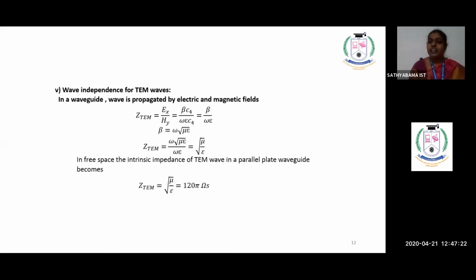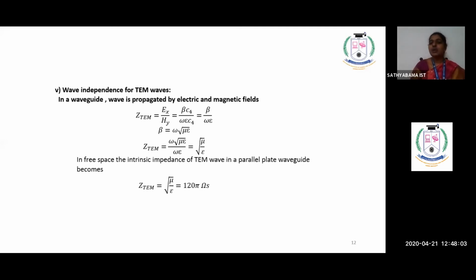For any waveguide, the ratio of the electric field to the magnetic field in that particular parallel plane wave or whatever it be, in a particular direction, is what we call your wave impedance. So normally the wave impedance has to be written in a particular order. If the numerator you are writing is for the x direction, the denominator parameter you have to write for the y direction. Numerator for y direction, denominator for the z direction, for the yz plane, or you can write for your zx plane. If you are writing for zx plane, this formula can be written as Ez divided by Hx.